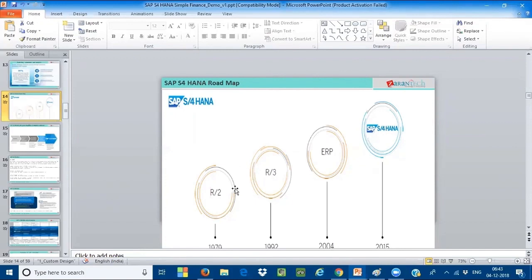Now, with SAP S4 HANA, we talk about it as a simplification process, but we did not start the simplification in 2004 or 2005. We have been doing simplification on the SAP side for the past 20 years. Many people think that SAP S4 HANA is a new application where a lot of simplifications have been done and it has been made very user-friendly. No. SAP has already started the simplification. If you go back 20 years and see the transition path,